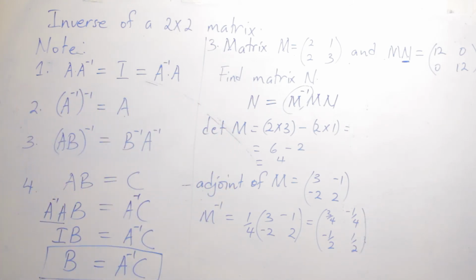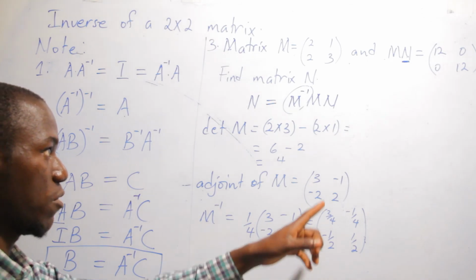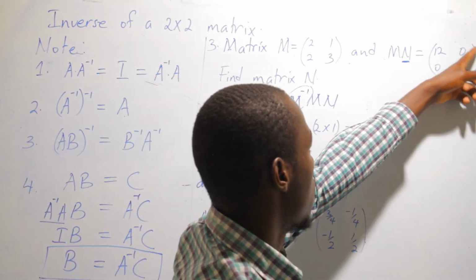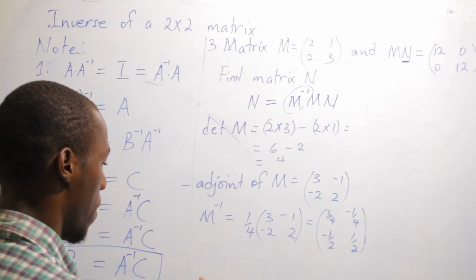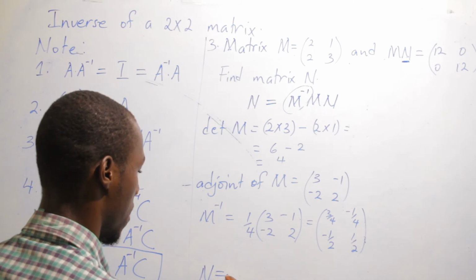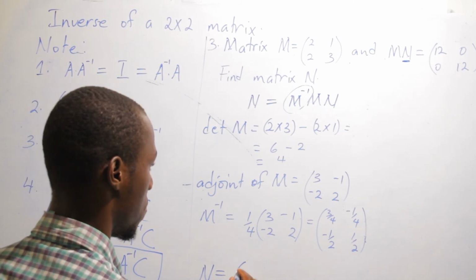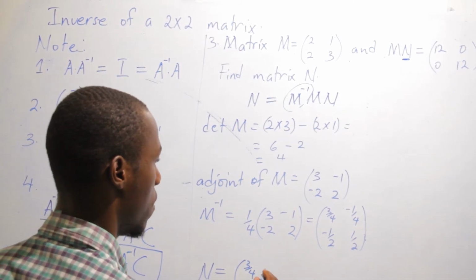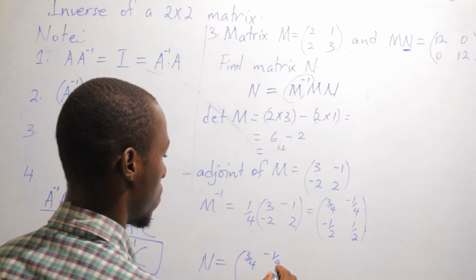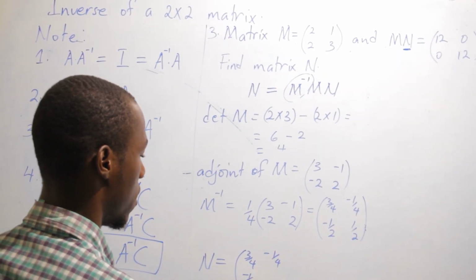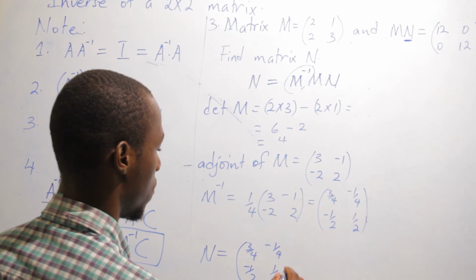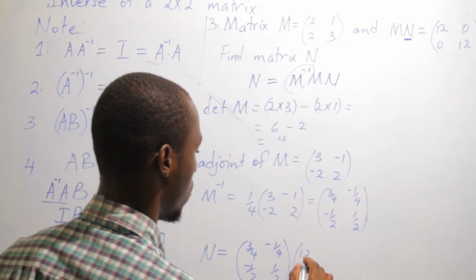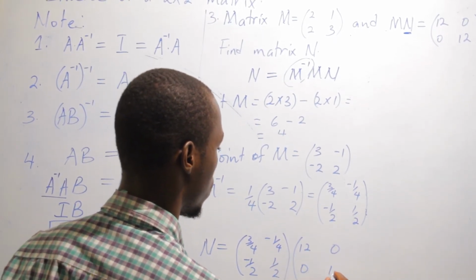So I'm going to get this inverse, and I multiply it with that matrix there to get my matrix N. So matrix N is going to be equivalent to 3 all over 4, minus 1 all over 4, minus 1 all over 2, positive 1 all over 2, then times 12, 0, 0, 12,